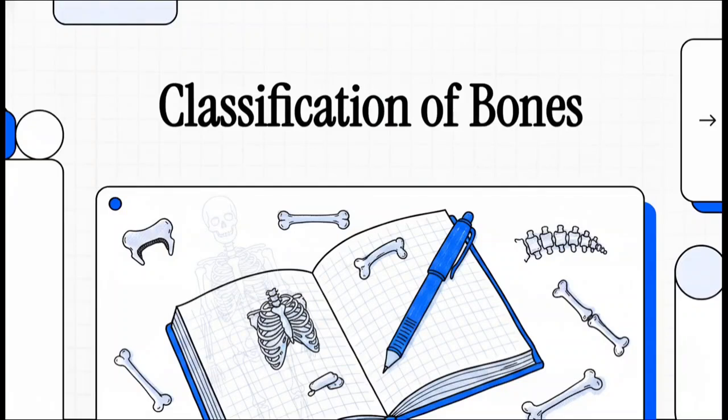We're diving into a brilliantly simple framework from the StudyWithAmfeen medical curriculum to unpack the human body. Specifically, we're looking at the classification of bones. Imagine you're opening a brand new, clean white notebook, you've got your blue pen out, and we're writing down our very first heading together. We're going to take all that complex textbook anatomy and break it down into incredibly clear,